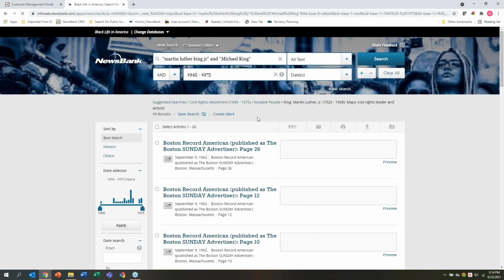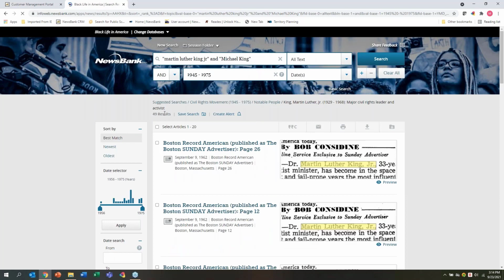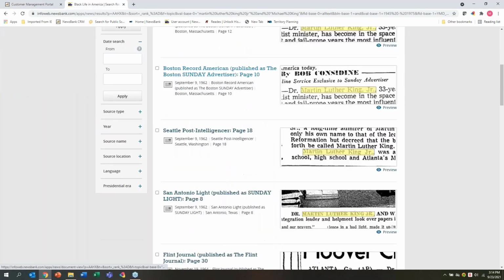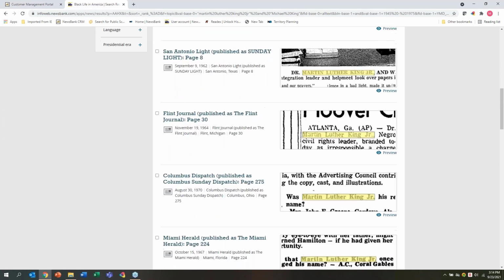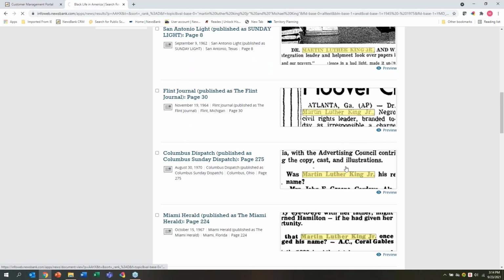you'll see again, a very targeted search, just 49 results, even though I've got 89 million documents. But the one thing I'll point out here, the search: we searched for Martin Luther King Jr. and Michael King. I myself never knew why we would search for Michael King if I'm looking for Martin Luther King Jr. And I learned this by looking at this database. So if I scroll down a little bit and click on this article here,